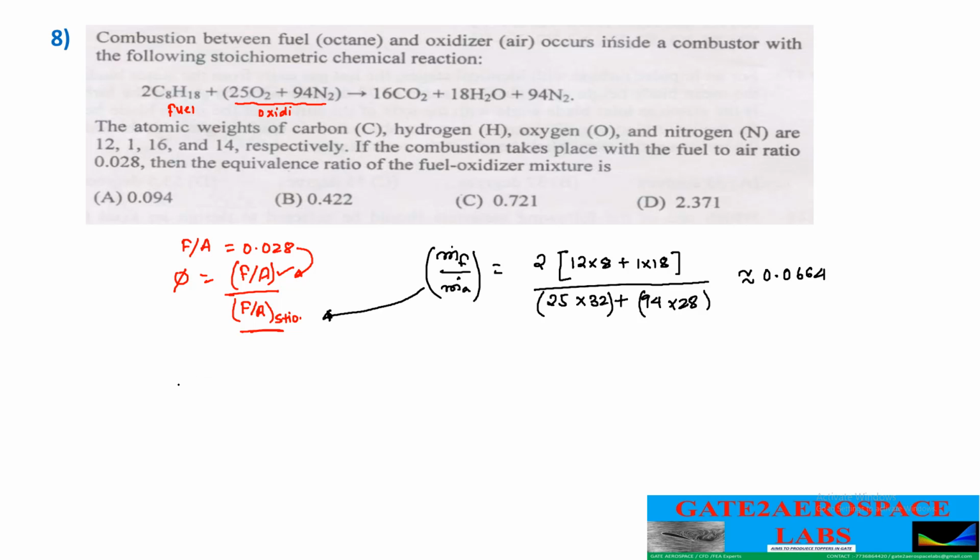Now you just plug in here, so you will get the equivalence ratio as 0.028 divided by 0.0664. So this will be equal to 0.422. So your answer is B. Fine. Next,